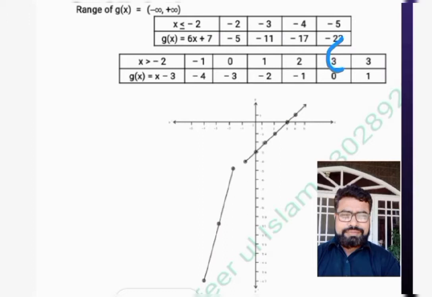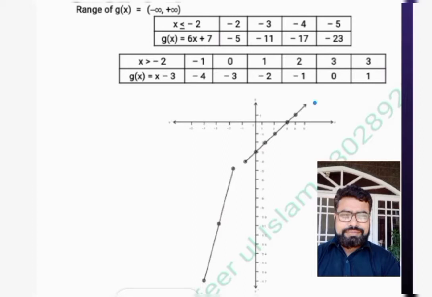The value of x is 3, and at the x-axis, the value of y is 0. So we have plotted a point here. And at 4, the answer is 1. The value on the x-axis is 4. Here is 4, and the value of y is 1. So we have